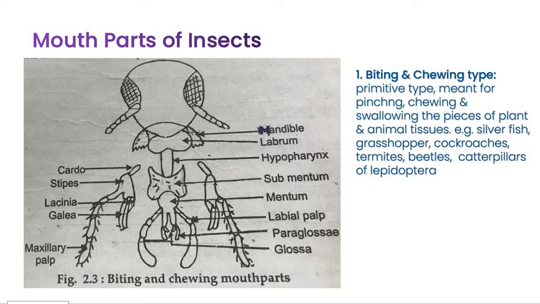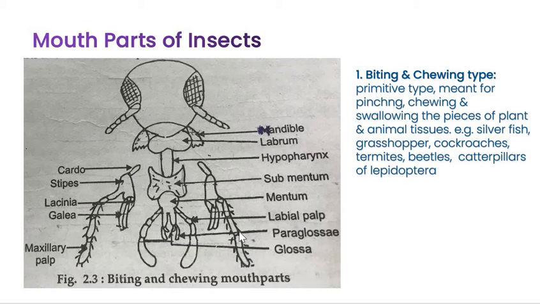Now the second part, that is maxilla. The maxilla are attached on either side laterally and work transversely for catching or holding the food material. Here you can see these are the maxilla. Maxilla, they lie at the lateral region, right? And the main role of maxilla is catching or holding the food material.